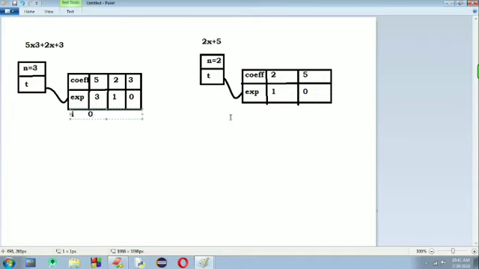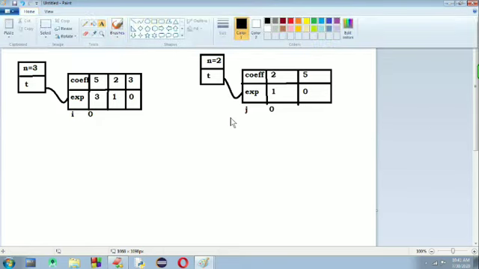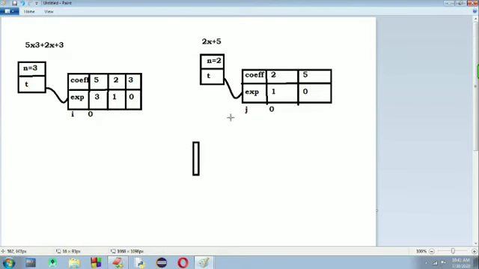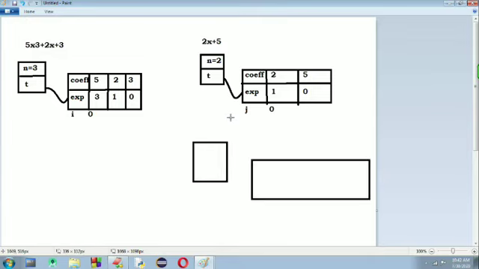For the second polynomial, I'm taking j, which has initial position 0, which is nothing but the first term of this second polynomial. When we are done with addition, then we need to take another polynomial and a respective array for that polynomial.